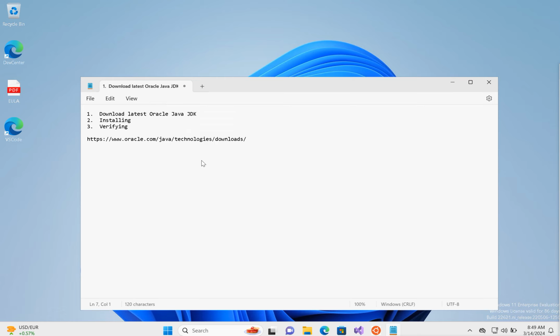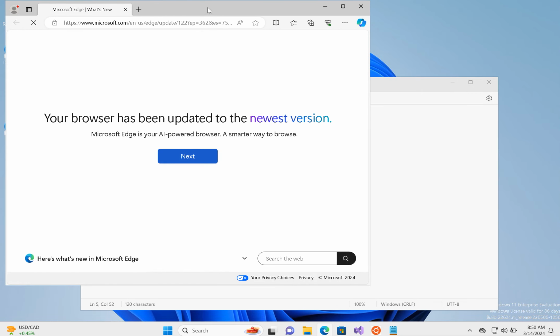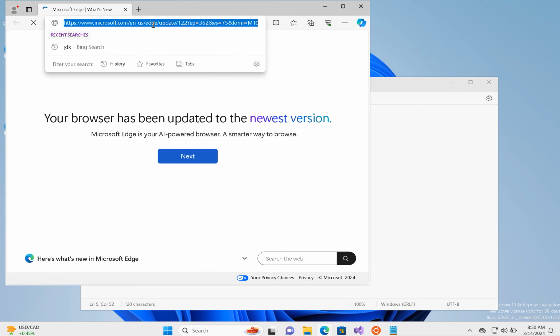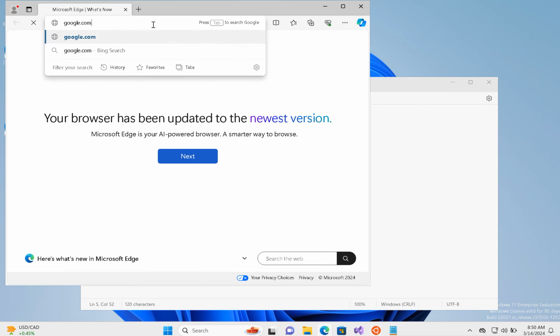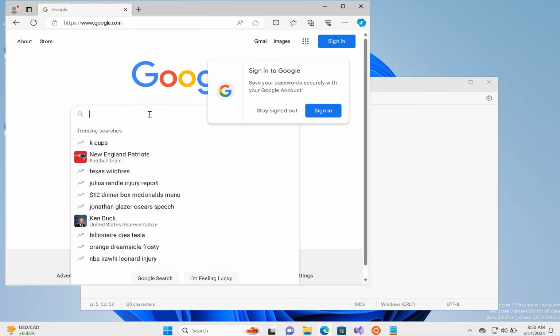Okay. You can use this link to download Java JDK, or you can actually just Google for Java JDK. So I'm going to show you both. Okay, so here you just open a browser. I'm going to open Explorer because that is the default browser on most computers. Alright, so you could go to Google if you prefer, and you can simply search for JDK,